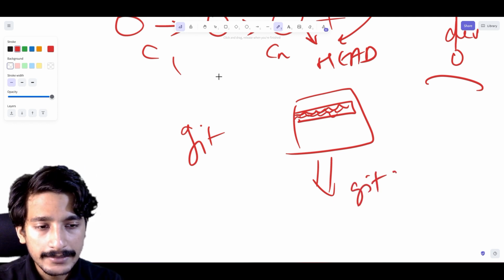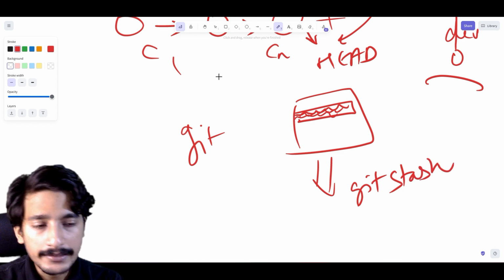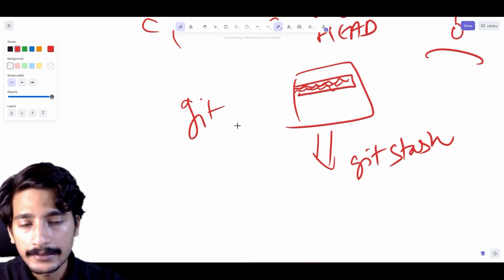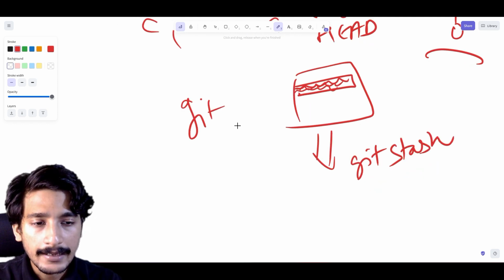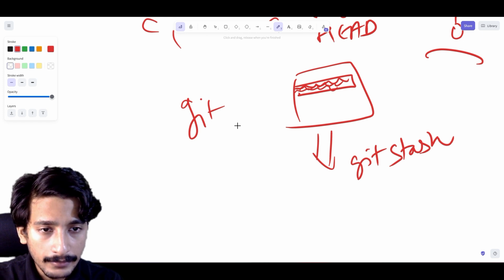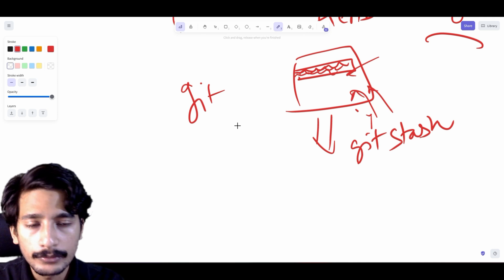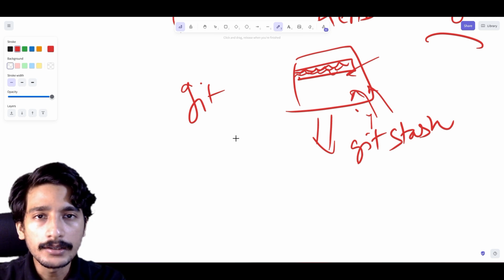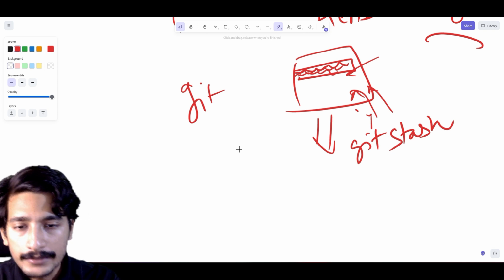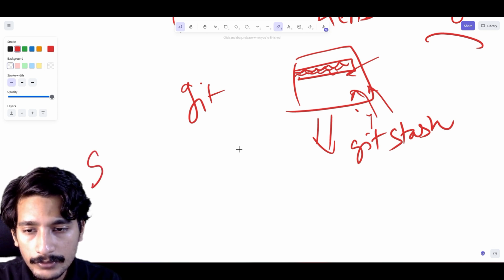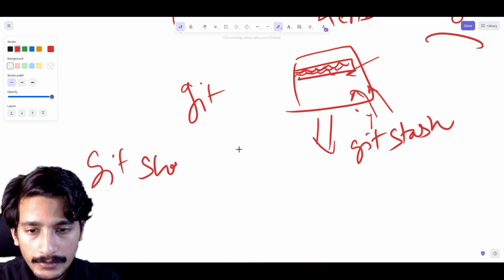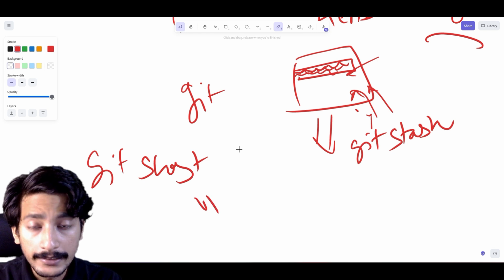We git stash. Basically it temporarily saves the code from the working directory, and after we pull the code, we can reapply those changes using git stash apply, and those changes would be applied on top of the commit that we have pulled. So basically git stash is used when you want to pull the latest changes,